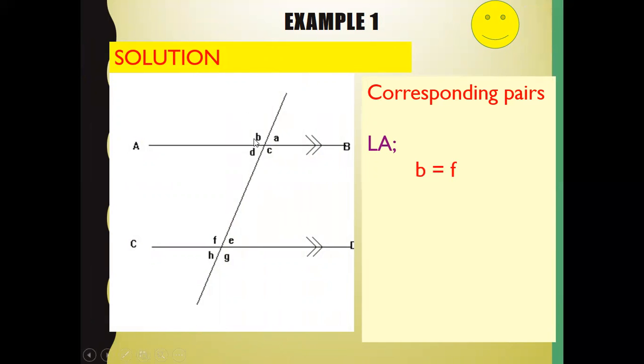So on the left side of this transversal and above this parallel line, we have B. That also corresponds to F, because F is above the line CD, on top of the line CD, and it's on the left of the transversal. So B corresponds to F, left above. Then we could say that left below is D and H. So D corresponds to H because they are both on the left hand side of the transversal and they're below